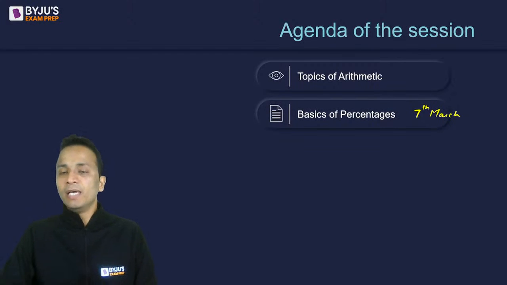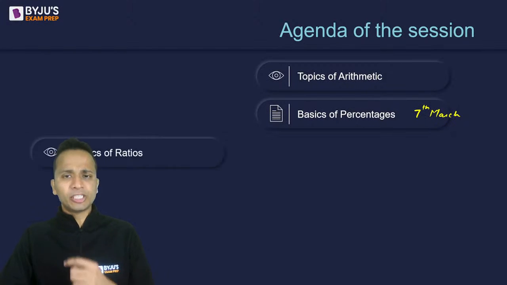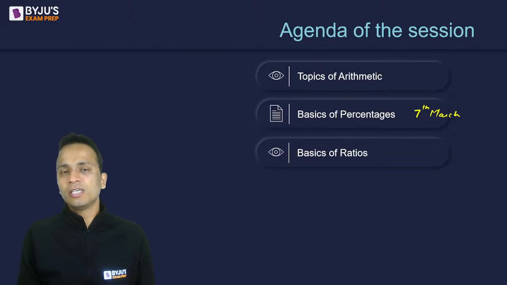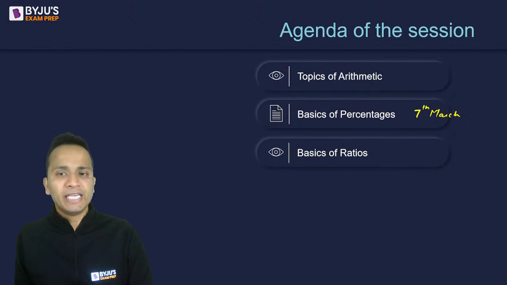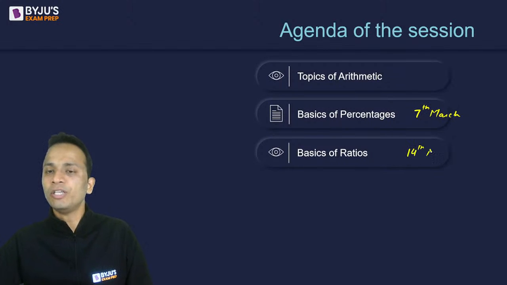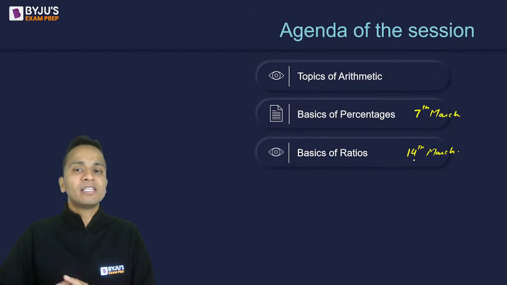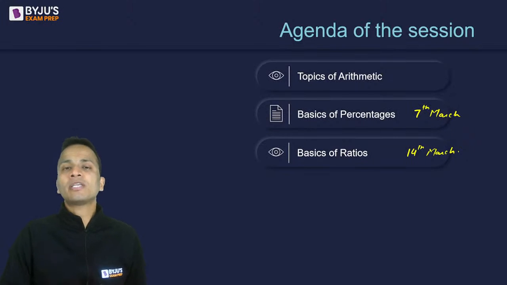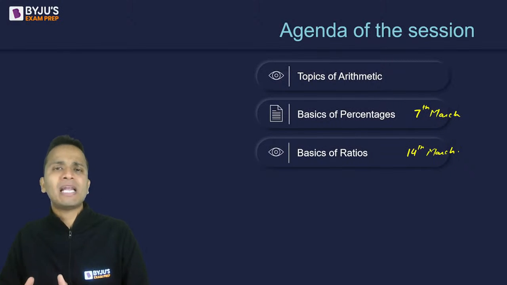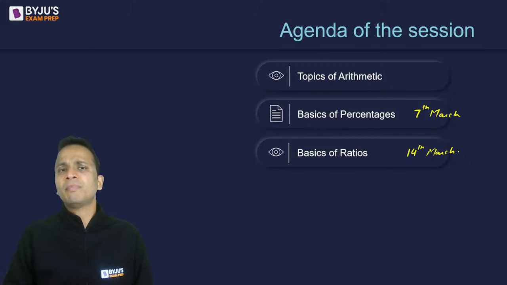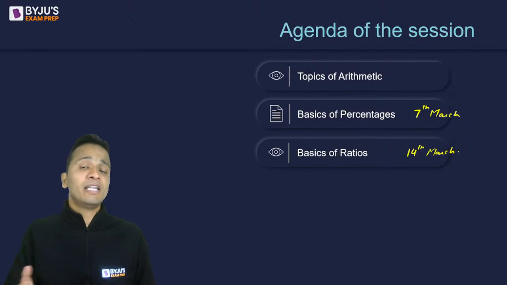Now, after that, in today's session, I'll be discussing the basics of ratios, averages, mixtures, and allegations. A detailed session on ratios will be conducted on 14th of March, in which I'll be covering similar things that I will cover on 7th of March. On 14th of March, I'll be talking in detail about ratios and averages. Averages will include simple averages and weighted averages, the difference between them, how we can apply them in questions, and then mixtures and allegations. I will also include some questions that have appeared in the last 5 years